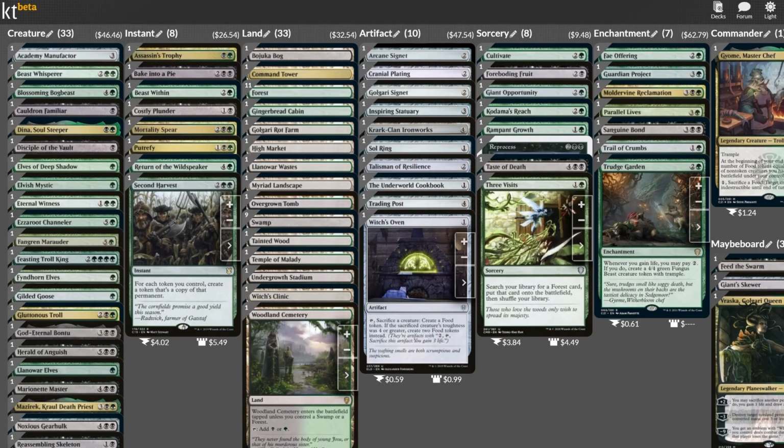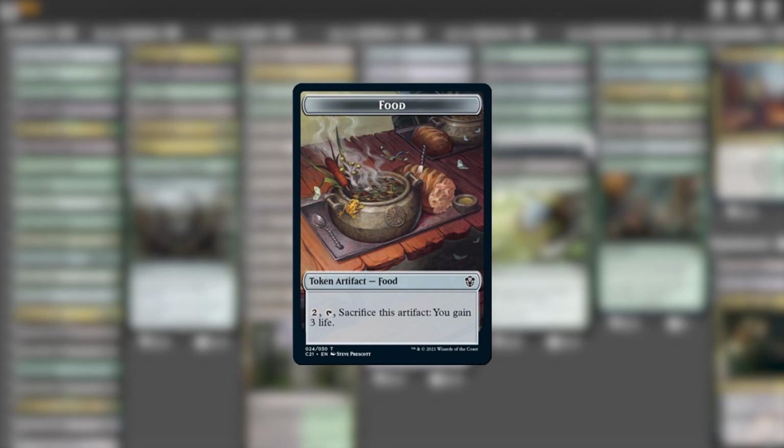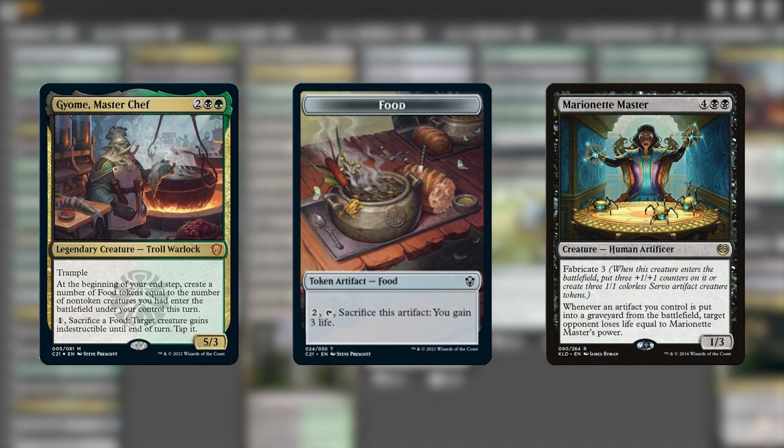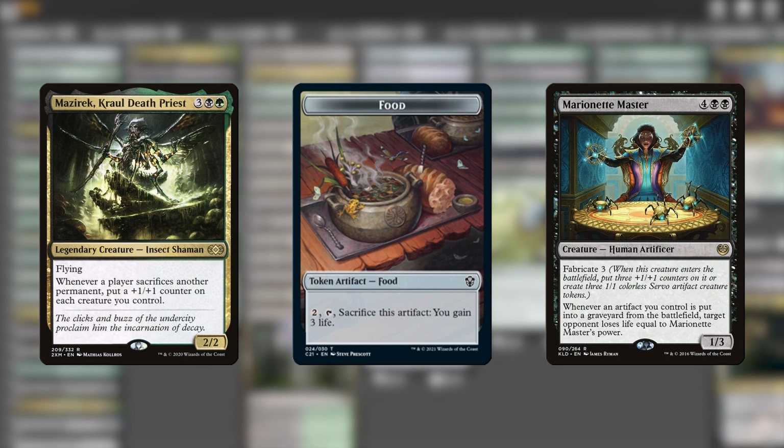However, even if we're losing her, I do think it's still important for us to have a sacrifice outlet for our food tokens. They can sacrifice themselves, and our commander is also a sacrifice outlet, but that all still costs mana. When we drop a card like Marionette Master or Mazarek, we want to be able to sacrifice our foods